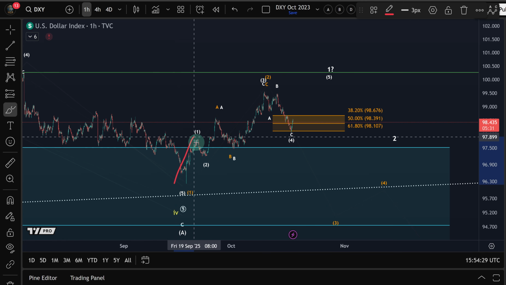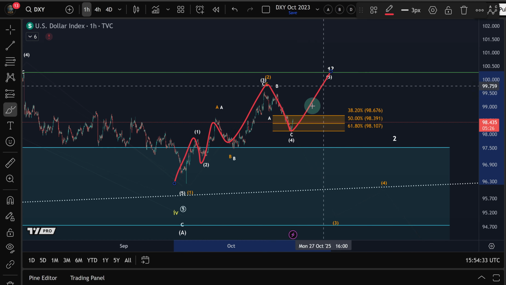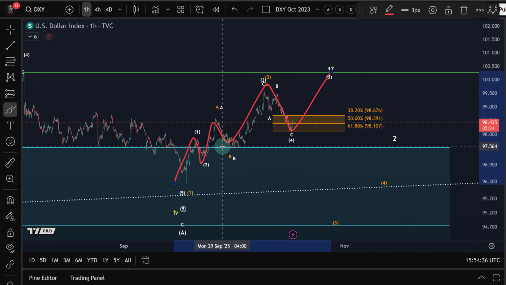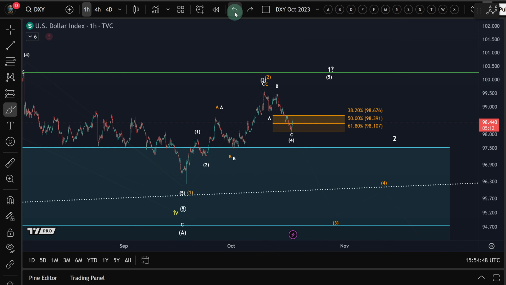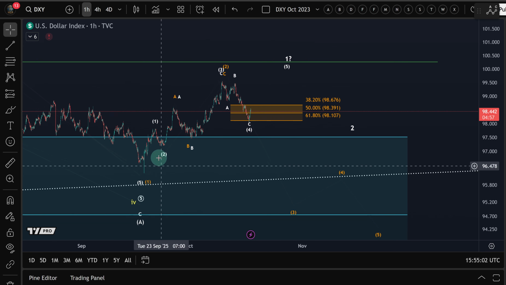Well, we have a wave 1, a wave 2, A, B, C, and wave 3. This could be wave 4, and one more high would give us some clarity that we probably already formed a very meaningful low, and that this larger trend reversal to the upside, which could take years, has started. But at the moment, we only have a 3-wave move to the upside from that low in September, which means I remain skeptical that a low has formed. A local low for sure, but is this a meaningful low? Unclear at this point.